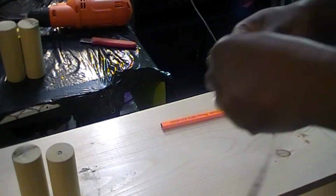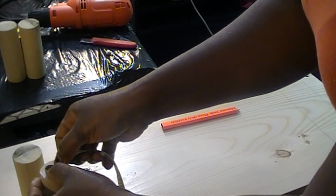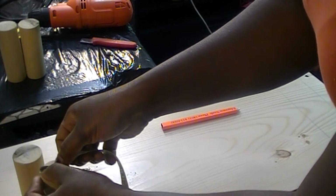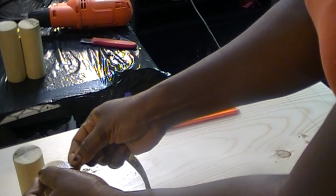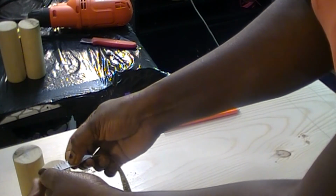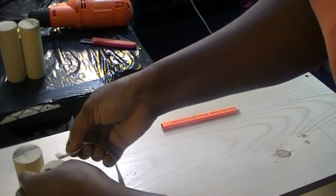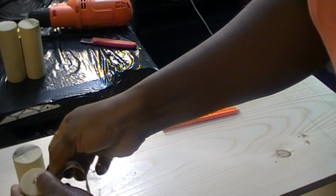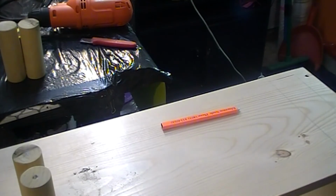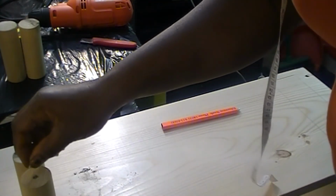So you do the same thing. You find the center, you find the length, or in this case would be the diameter from one end to another, and you bend the same way. You go from the same edge, and there you can see it, it's right there. You find your center mark, and then once you have your center mark, you use the same chalk method. That's what I use